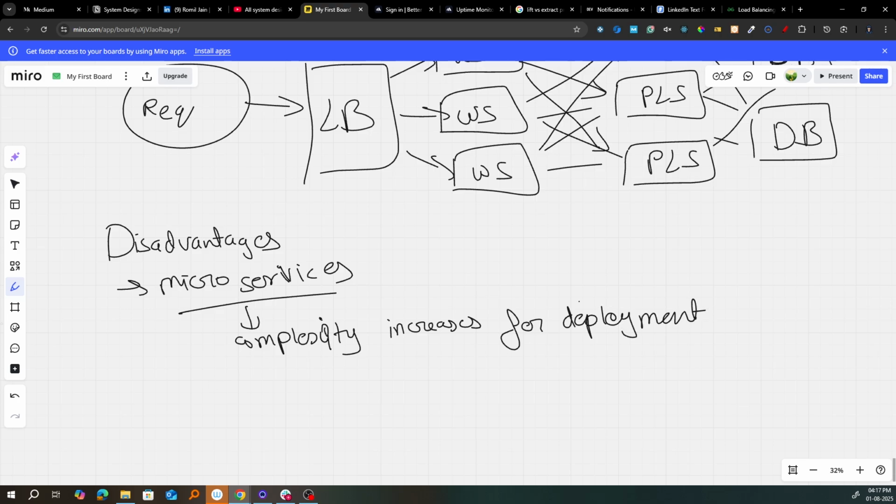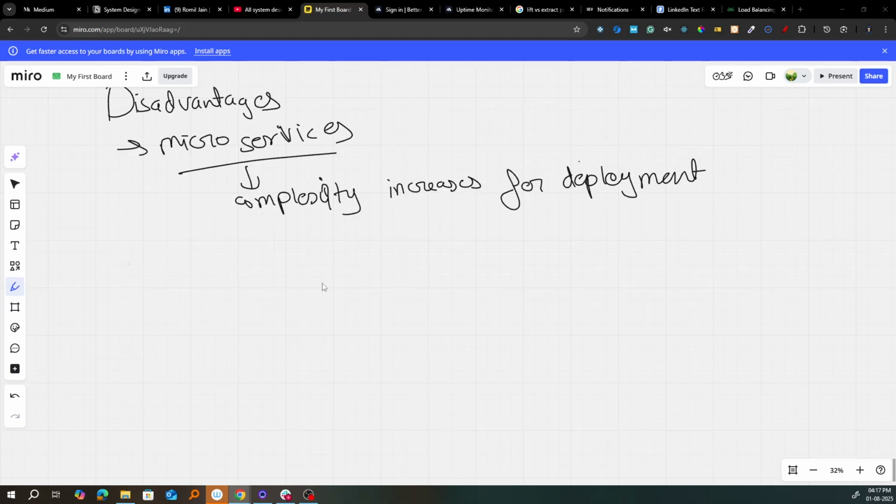Okay, application layer, right? Now after application layer, the topic is databases. But as I said, with microservices the complexity for deployment increases, right? So what we can use is service discovery. What services can we use? We can use Consul, etcd.